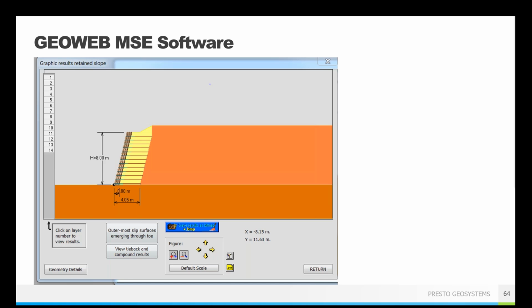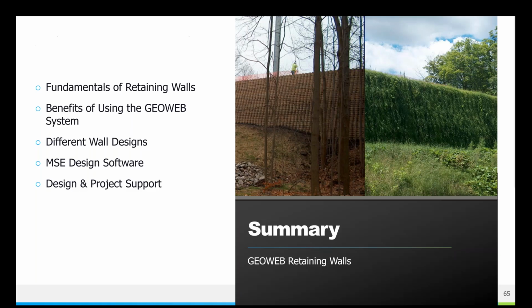Okay, and I've gone over my time, so I appreciate anybody that has stayed with me, but we've covered GeoWeb retaining walls today, also steep slopes, so lots of good benefits, including being able to have vegetated faces, go into projects or challenging project conditions, including differential settlements, seismic forces, hydraulic forces, all that good stuff. And we have that free software that you can use to determine how the GeoWeb system might work for you.